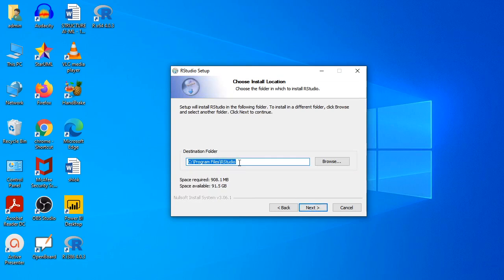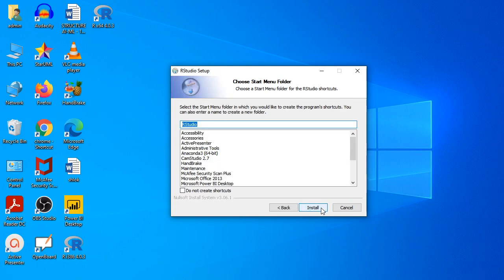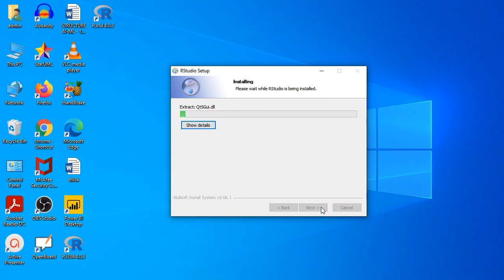Here again I want RStudio in the C drive. Install. It will take some time to install.